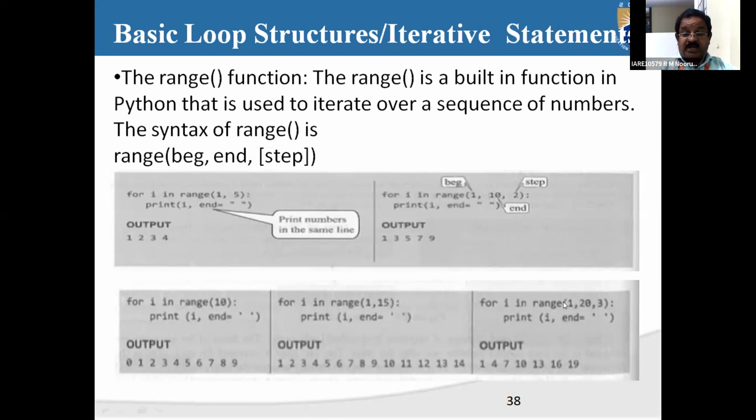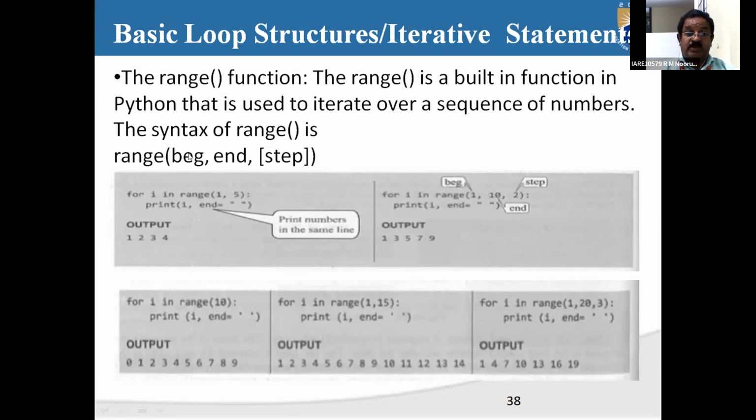The beginning value should be greater and the end value should be less whenever you are decrementing the step. The step is going to get decremented. The initial beginning value should be greater than the end value and you are going to take the step as minus. So if you give it in this fashion, 1 comma 20 minus 3, then it is invalid. If you give 20 comma 1, then it begins with 20, ends with 1, and is decremented by 3. That's going to write 20, 17, 14, 11, and so on and so forth. So like that it is going to be written.